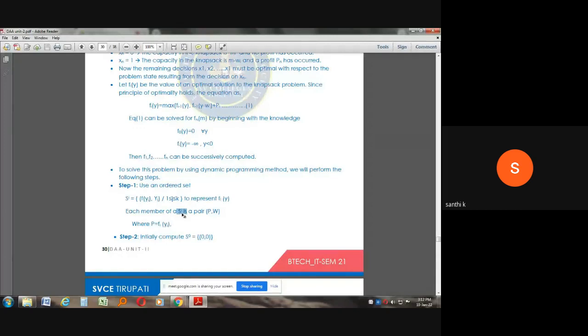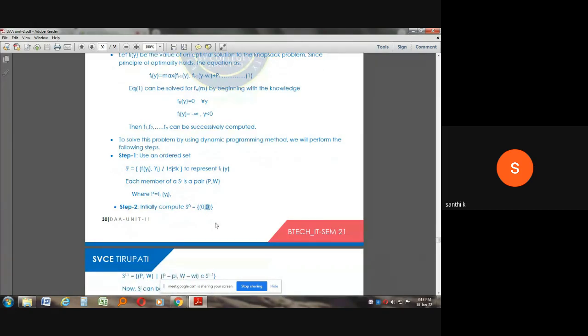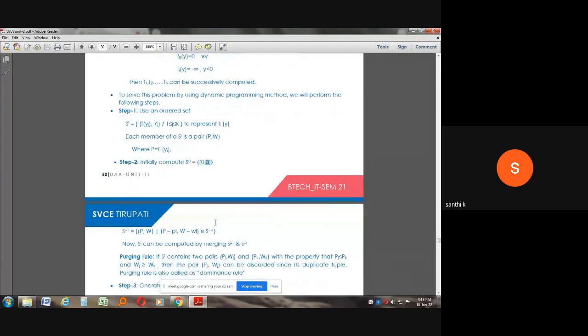So we are taking the set S power i. In this S power i, the ordered pair is P comma W, so the profit of that particular object and the weight of that object. Initially we will start with S power 0, which is 0 comma 0, meaning we have not placed any object. So its profit is 0 and its weight is 0. Initially the set S power i we will start with S power 0, where i is 0, so it has the values 0 comma 0. In S power 0, first there is 0 comma 0. Next,